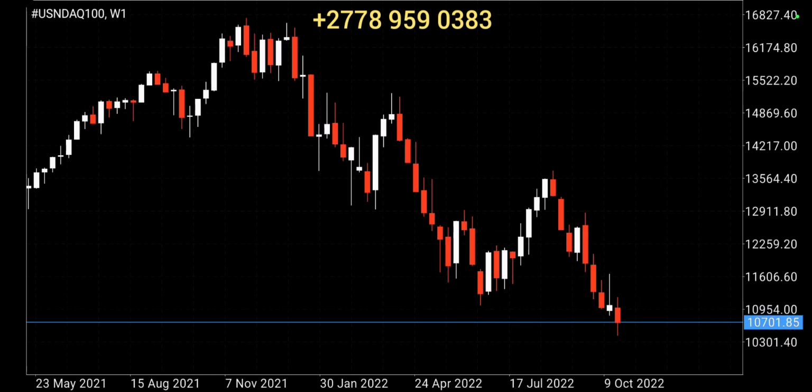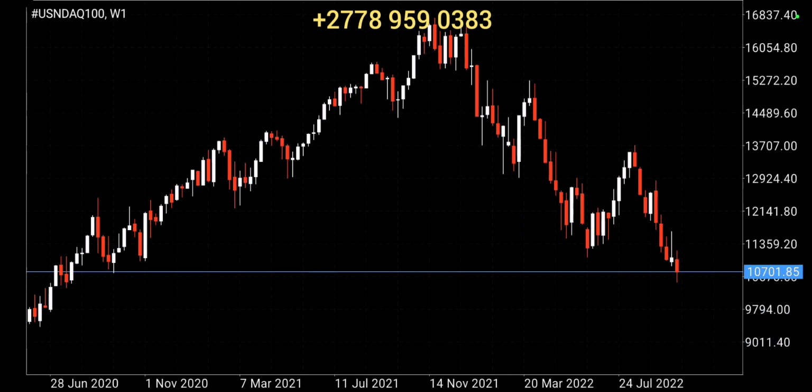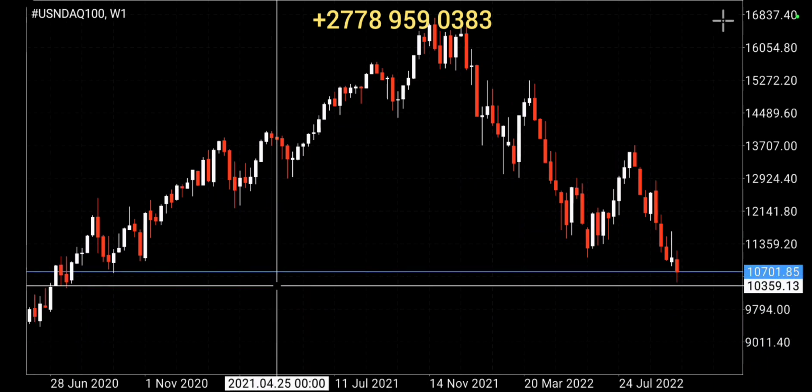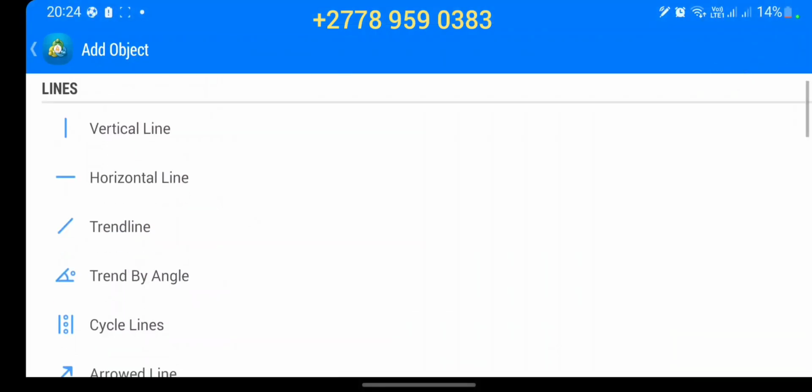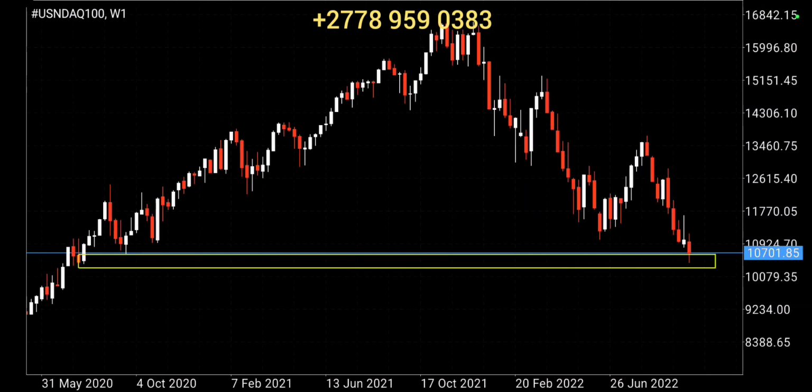Let's just mark our nearest structures. Remember, when you're trading, we always want to mark our nearest support and our nearest resistance. So on this one, this will be your nearest support. Yes, this is your support right there, and it's just being tested. That's why even on monthly I said that because we are still quite far between the support and the resistance, if you get trades on your small time frames to go long, you can do that, but don't push it too much, right? Because you're going to end up trying to have a long-term trade, and the long-term structure does not yet agree with you having long-term trades to the upside.